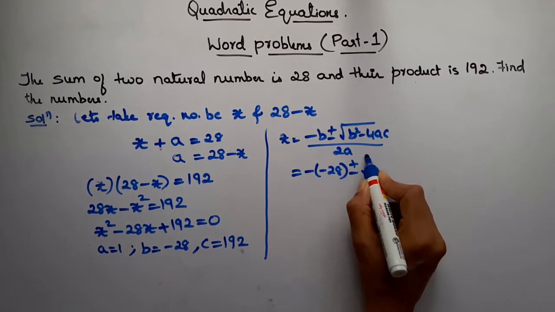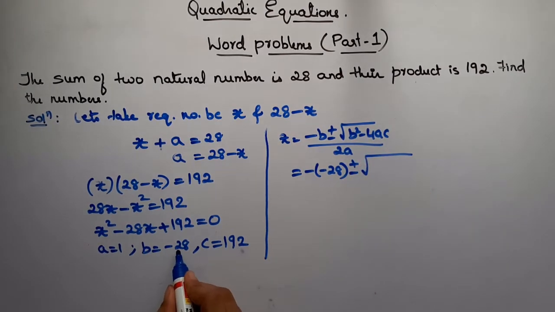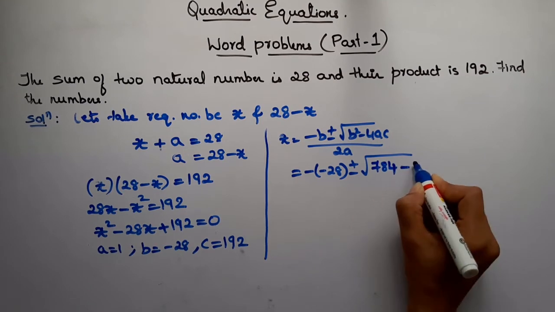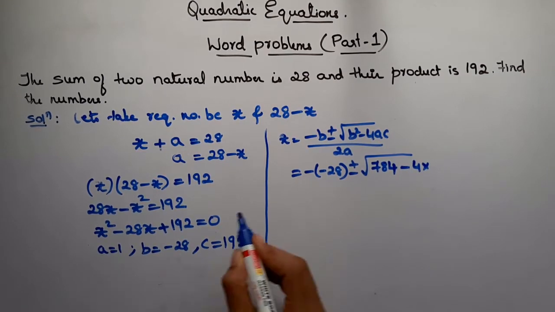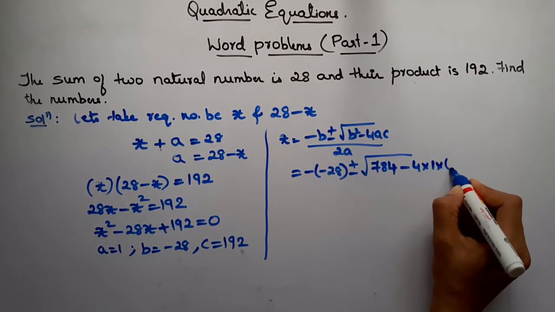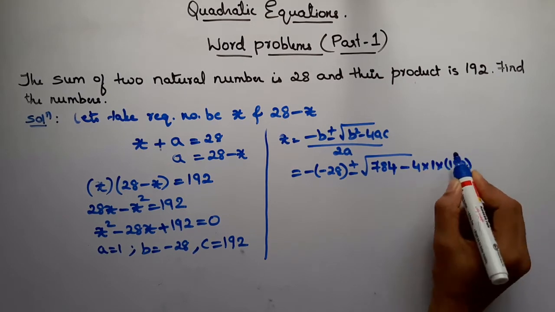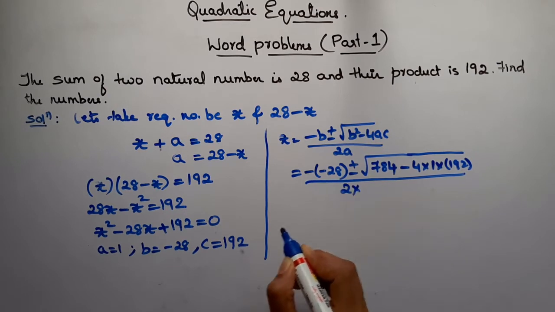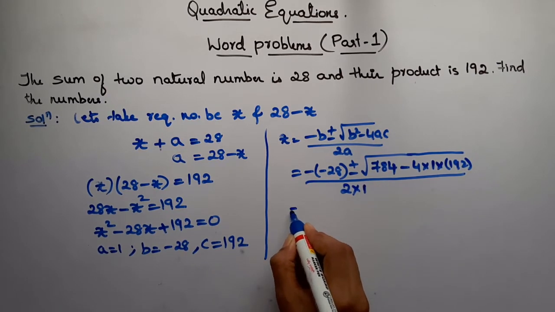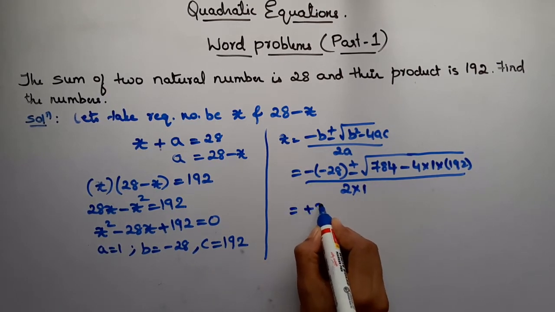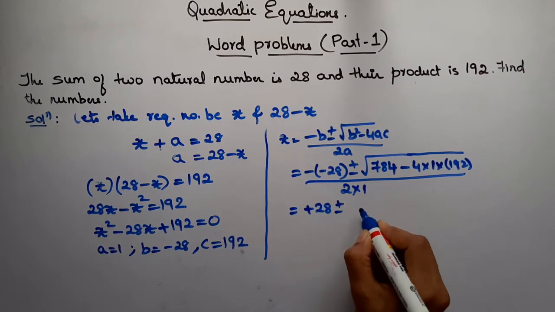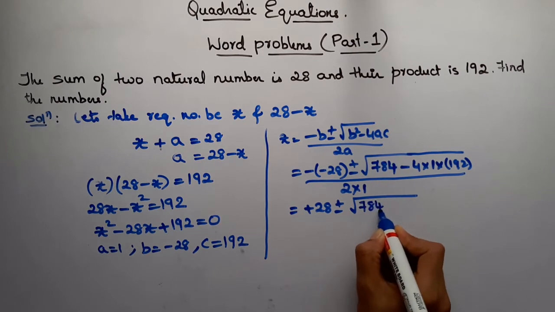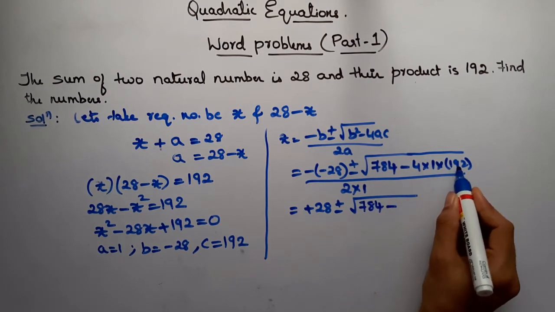So plus or minus square root of b square, 28 square is 784, minus 4 into a is 1 into c is 192, right? So divide by 2 into a, here a is 1. So minus of minus is plus 28. So plus or minus square root of, here we have 784 minus 4 into 192